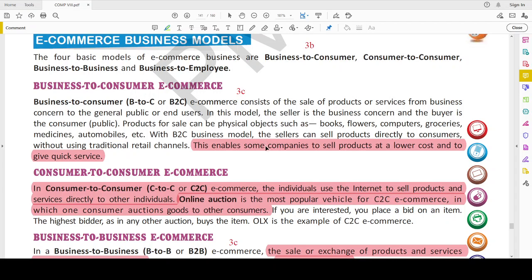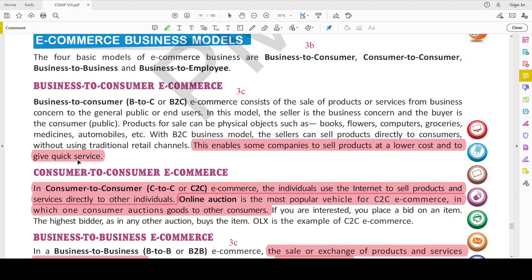How is it advantageous to you? It is enabling you to have the product at a lower cost. It is enabling you to get the product quickly. So both are advantageous to you, and it is advantageous to the buyers, to the sellers and the buyers. Okay, so that was the B2C or business to consumer